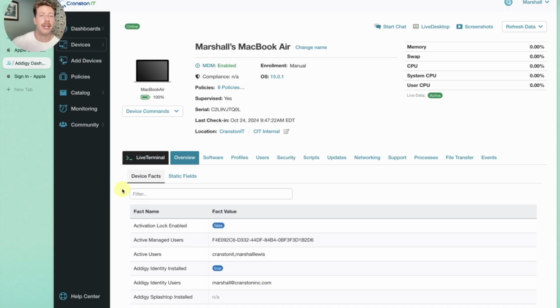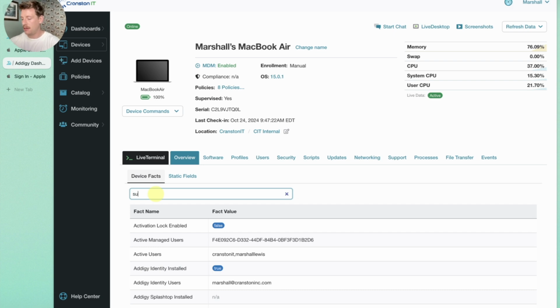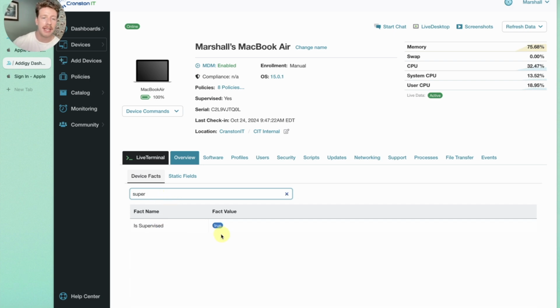So in Addigy here, we're going to start with the Mac. You're going to go to the Go Live page of the device. And if we want to check to make sure that it is supervised and that it's going to get what it needs for the lock, we can check a couple things. One, we're checking that MDM is enabled. That's great. If you click on that, you can see that it's approved. That's the second thing we're going to need. And then third, if we type here, is supervised, we want to make sure that that's true. Once you've confirmed all of those, you can go to Device Commands